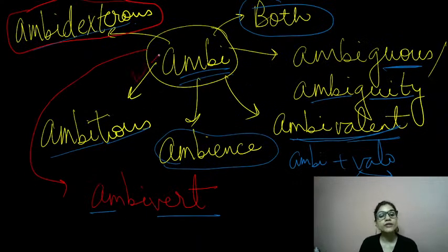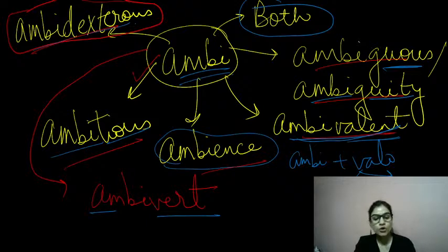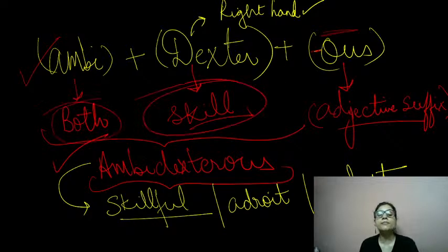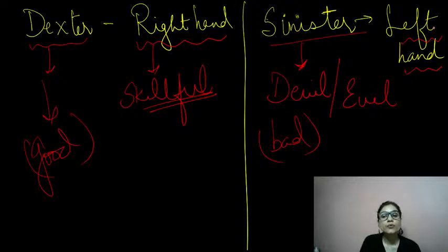Then we talked about this word ambi. Ambi के बहुत सारे parts हैं, ambiguous, ambiguity, ambivalent, ambience, ambitious, and then we also have ambidextrous. All these words we did out of ambi, right? So ambidextrous, if we talk about this word, guys, it comes out of ambi plus dexter plus ous, adjective suffix, right? So ambidextrous का मतलब क्या है? A person who can use both the hands equally well to write, or whose both the hands are equally skillful, right? तो ये वर्ड कहाँ से आया है? डेक्स्टर का मतलब राइट हैंड होता है, ठीक है. सिनिस्टर इज अनदर वर्ड फॉर लेफ्ट हैंड.